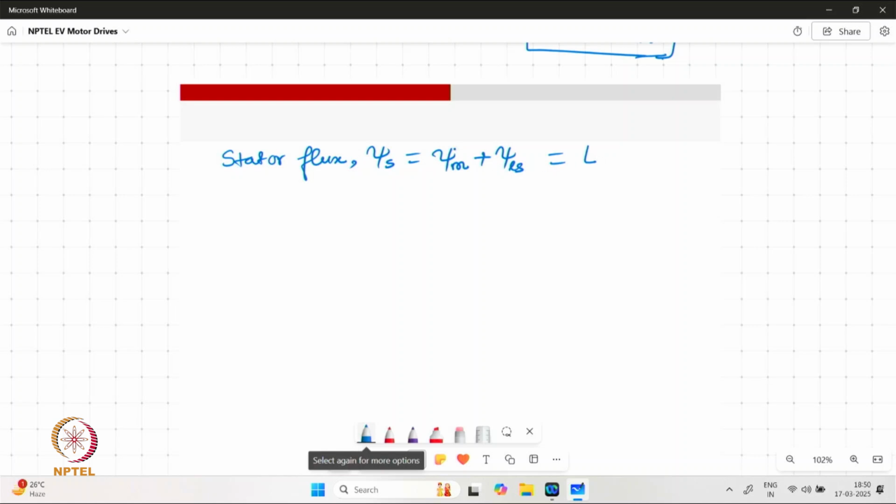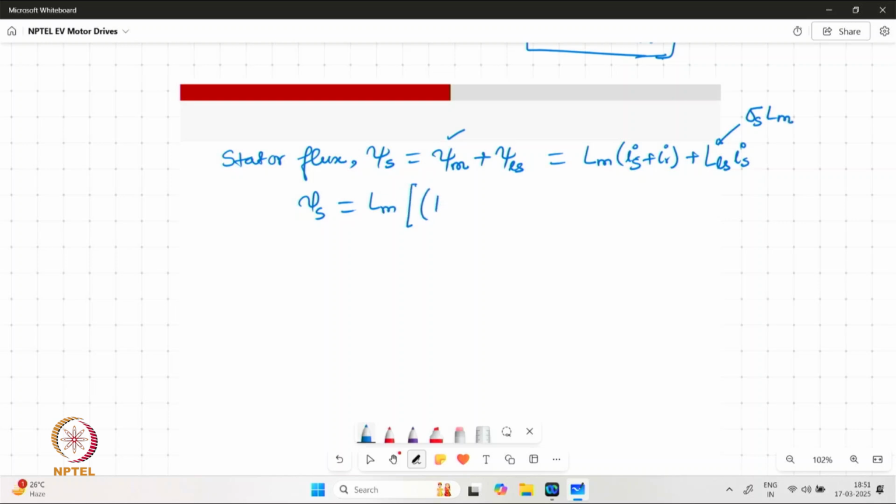And we have already denoted air gap flux in terms of Lm and the current Is and Ir, plus sigma Ls, which can essentially be written as combination of leakage inductance and the current associated with that, which is Is. Now, stator flux can be written as, in a compact manner, we can indicate LLS by sigma s times of Lm, and we can take out Lm to write